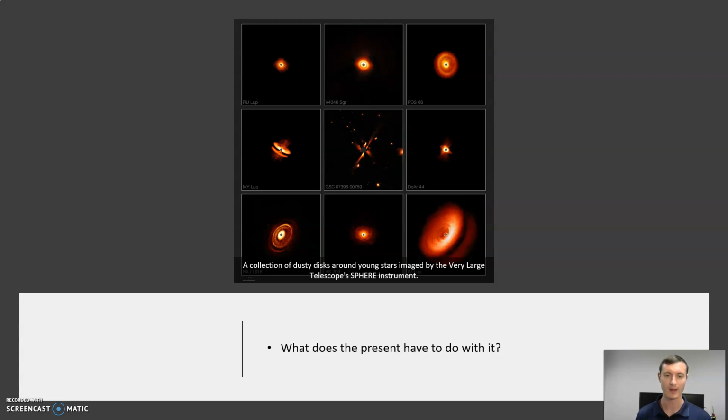Moving ahead, we have this question again: what does the present have to do with the past in the solar system? So part of how this nebular theory idea came together to begin with is using very, very powerful telescopes. Scientists are able to observe faraway nebulas that are forming right now. Well, not right now, but we don't have to worry about all that. They're basically forming right now, and we can take a look at the different stages that these nebulas go through. Using the present, using what we observe here, we can work backwards and say that our solar system probably formed in the same way.